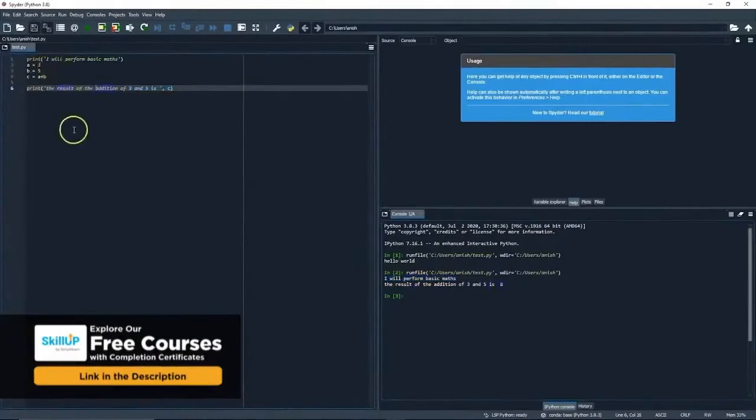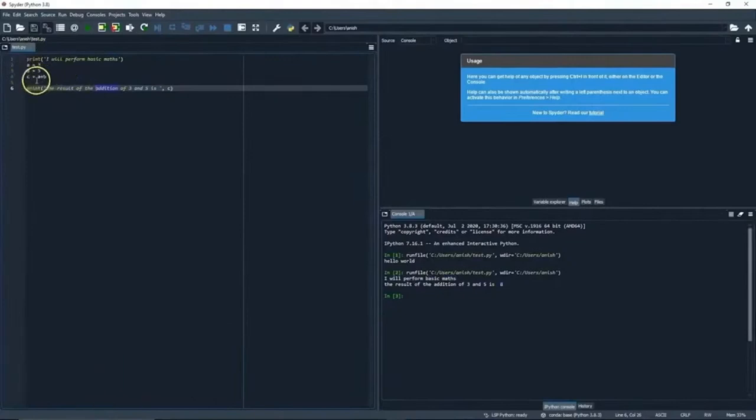So in this script, what I've done is I performed 2 print statements, and I've performed a basic expression, some variable assignments. All of these things we will be doing later. What I'm essentially trying to show you is that IDEs are a very convenient way of not only creating the scripts but actually seeing the results and then making adjustments as well.